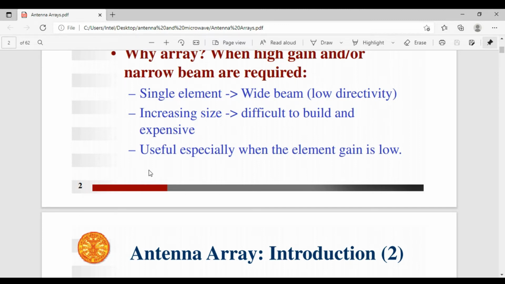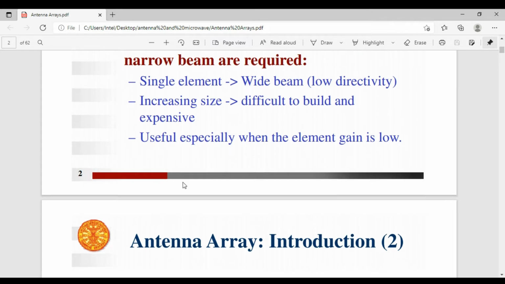For example, when we are flaming a candle, the light will be small, am I right? The brightness will be very less. If we have two or three candles together, automatically the brightness will be more. Same concept here. When we construct with a single antenna, the gain will be less. Constructing with more number of antennas, automatically the gain will be high.